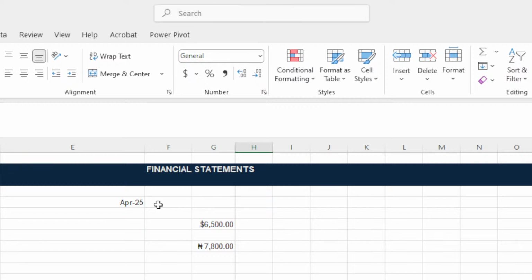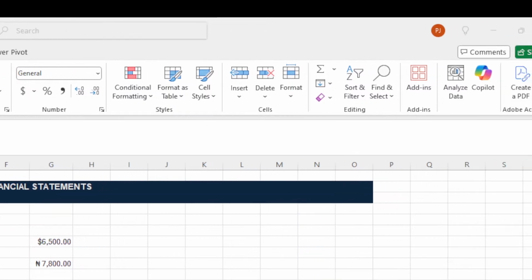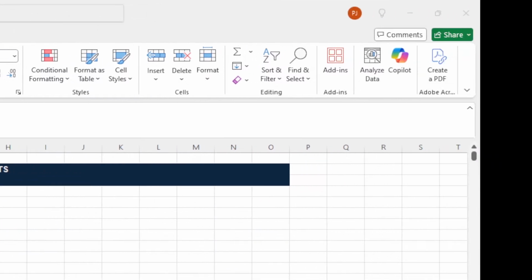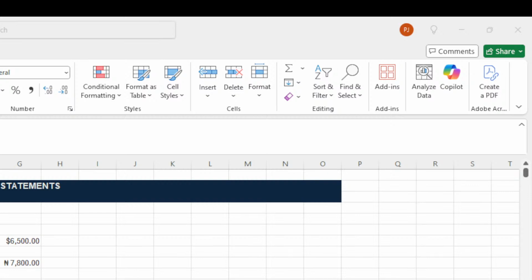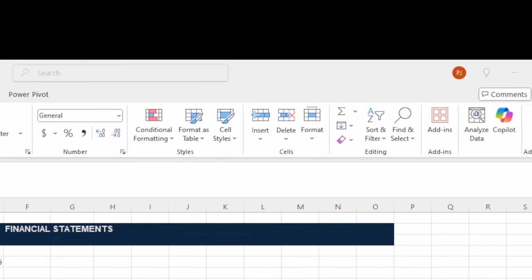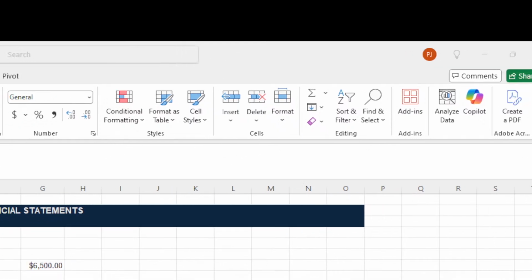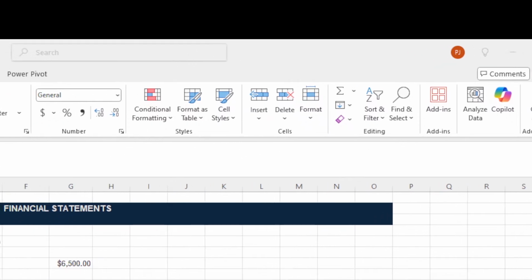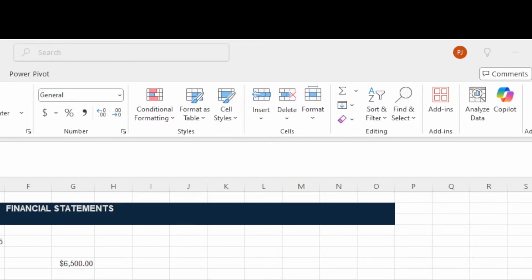So I'll recap the cell styles so we understand what I'm saying. I'll zoom in so that you see the cell styles, how it works. Okay, so this is the cell styles. See where my cursor is? That's the cell style. So once you click on it,